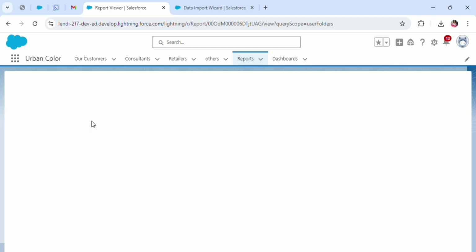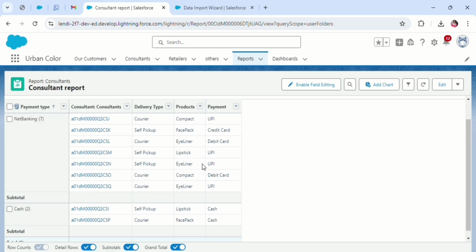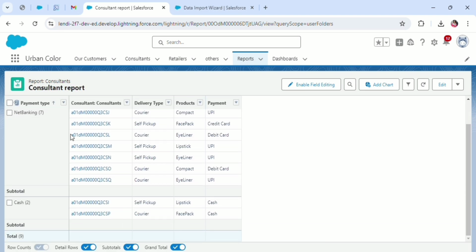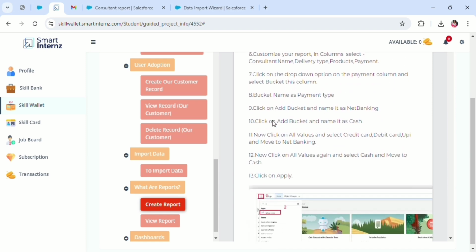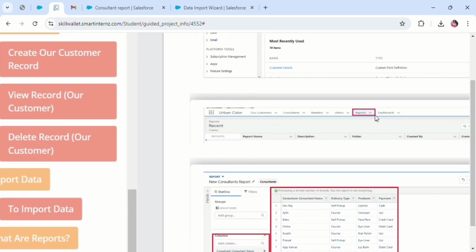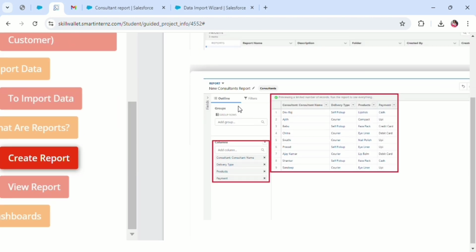You will be able to see these reports, and then you can click on the consultant report that you want to create, and then you can see this columns report, in which you will be adding delivery type, products and payment. Once you have given all the column names, you will be able to see this payment page. In the drop down, you will be able to see bucket this column. After bucketing this column, you will see the edit bucket column, in which you have given payment type,